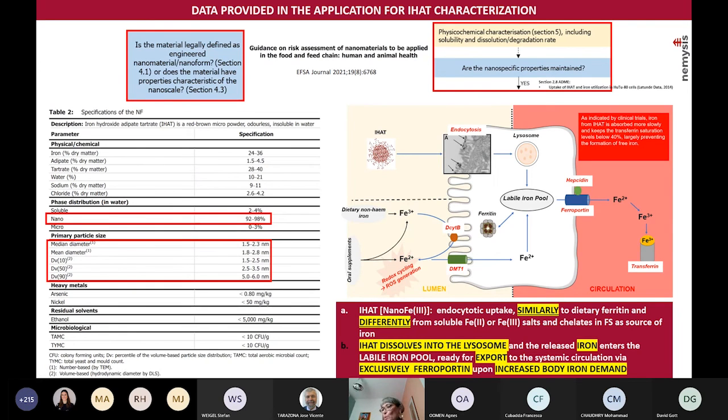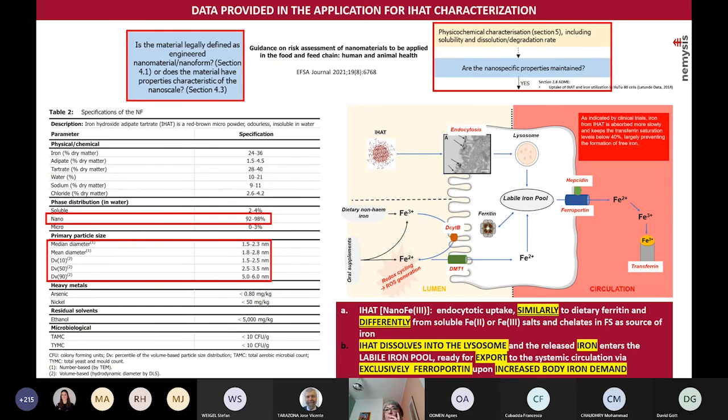Then you will have an overview of the methodology that we used to characterize the novel food. When it comes to the physicochemical characterization, including solubility and dissolution degradation rate, the application